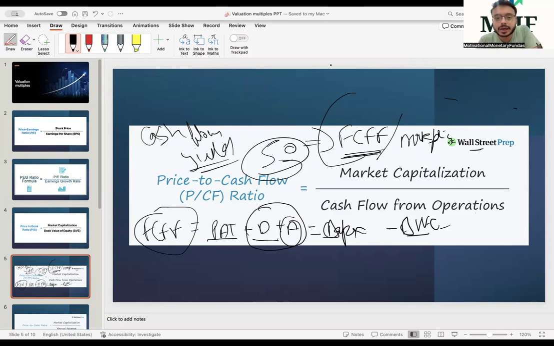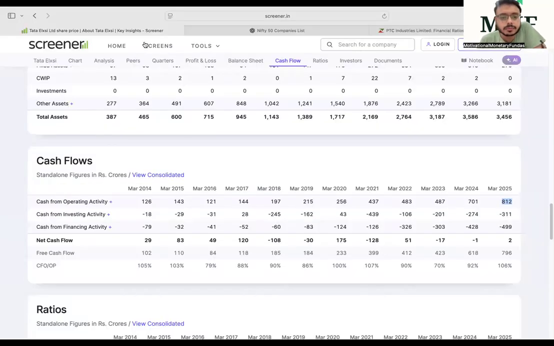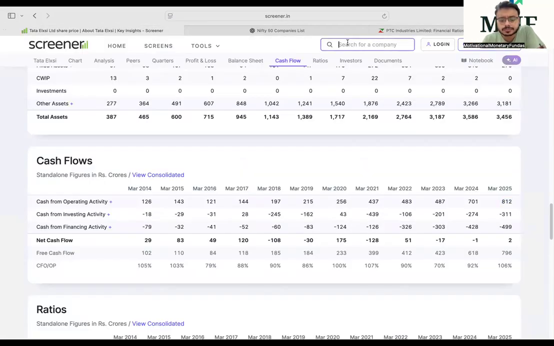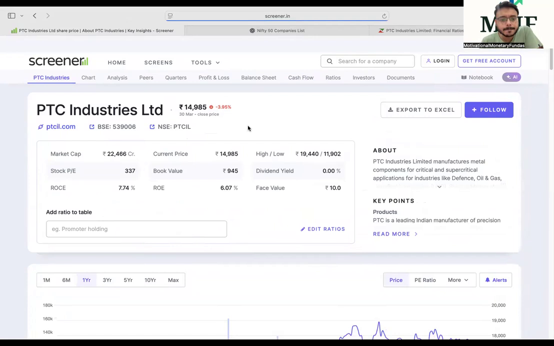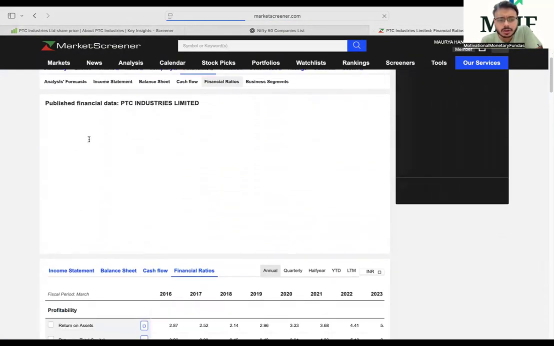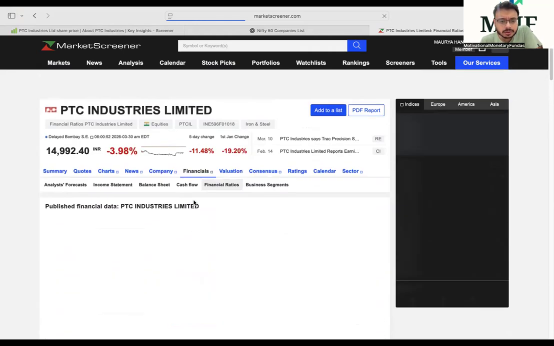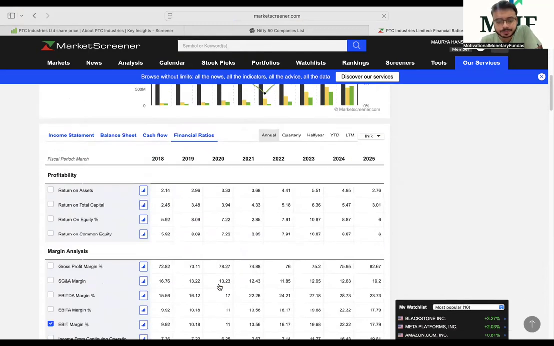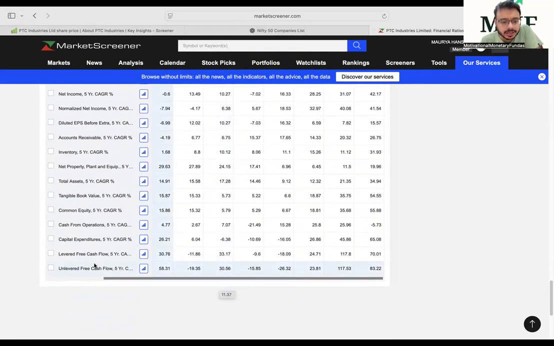Correct. तो अगर मैं इफ आई गो टू द वेबसाइट मार्केट स्क्रीनर, यहाँ पे मैं जाऊँ, ठीक है, मैं पीटीसी इंडस्ट्रीज का देखूँ, प्राइस अराउंड कितना चल रहा था पीटीसी इंडस्ट्रीज का। गो हियर, गो टू पीटीसी इंडस्ट्रीज। 4985 का इसका प्राइस चल रहा है। ये 14992। यहाँ पे लाइक फाइनेंशियल्स का ऑप्शन होता है, इन फाइनेंशियल्स में आई जस्ट वेंट टू फाइनेंशियल रेशियोज। दुनिया भर के सब रेशियोज मिल जाएंगे, मुझे चाहिए इसका अनलीवर्ड फ्री कैश फ्लो।